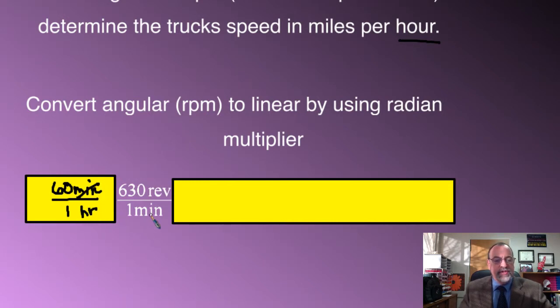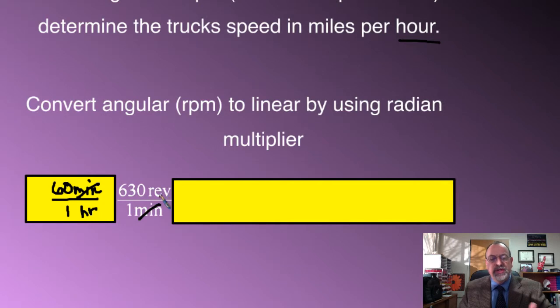So the minutes reduce with the minutes. And now what do I have in the denominator? Hours. So my hours are done. I have now revolutions per hour if I multiply this out. So I don't want revolutions per hour, I want miles per hour. So now I have to concentrate on converting these revolutions into a linear measurement. Now that I have the hours taken care of, I want to concentrate on the numerator, and I need to